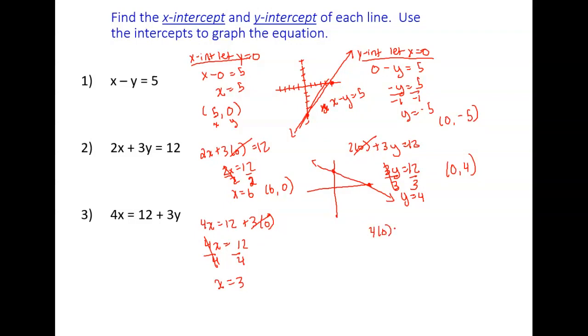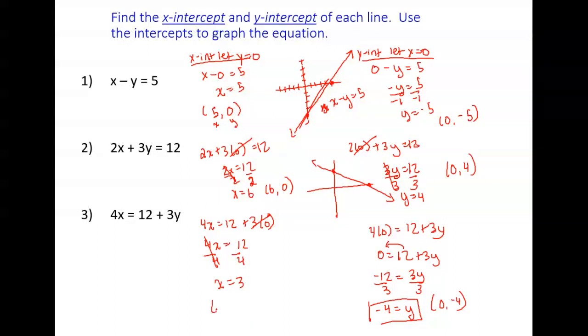So we have 4 times 0 equals 12 plus 3y. So now we're left with 0 equals 12 plus 3y. Let's bring the 12 over here. So in order to do that, it has to become a negative 12, right? Because it was a positive over here. Divide this side by 3, divide this side by 3. So I get negative 4 is equal to y. So this is another way, oh, sorry, that means that it's 0 and negative 4, and this one is 3